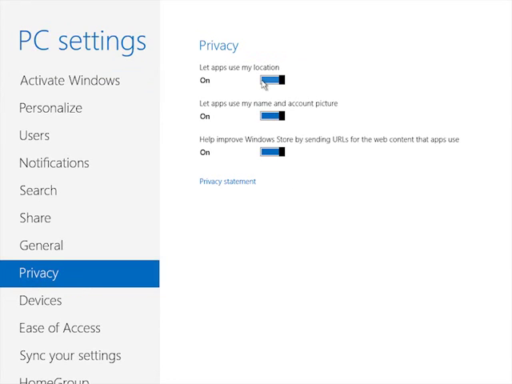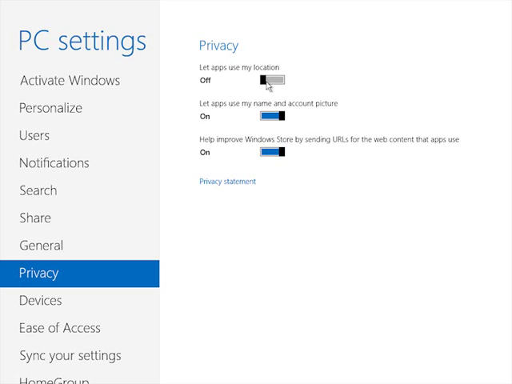The first one up here, let apps use my location, off. And it's done. Now no apps that I run under my user account can use my location. That's a pretty good level of security. But what if other users use your computer and you also don't want their location to be out? For example, maybe while you're at the corporate environment, you need to log into their Active Directory domain with a different account. Now, you want to make sure that all users on this PC don't have access to the location